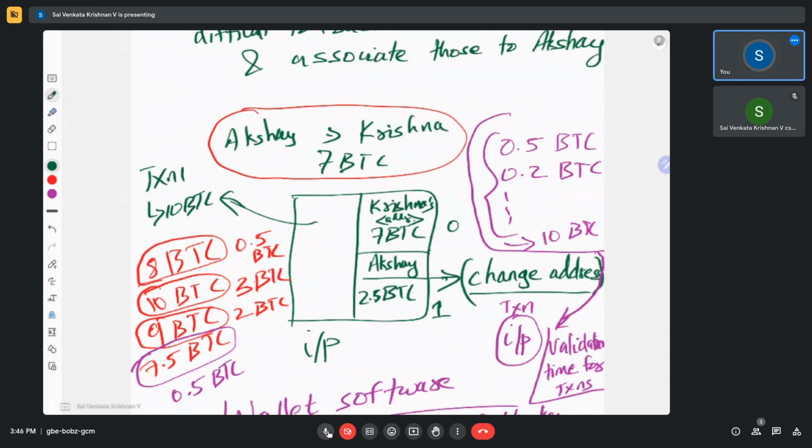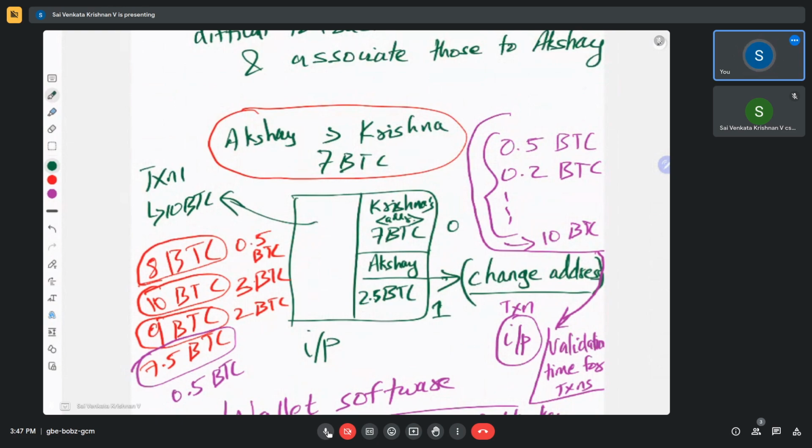To which address should those bitcoins be sent? The wallet software wouldn't be asking you to specify an address. Instead, automatically the wallet software will create a new public private key pair and generate